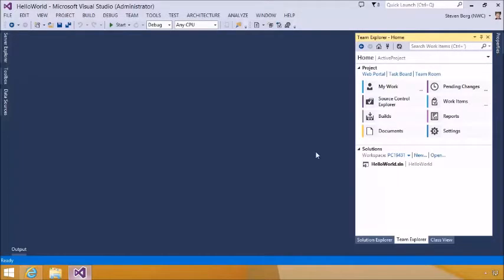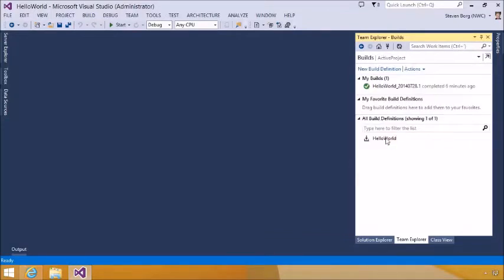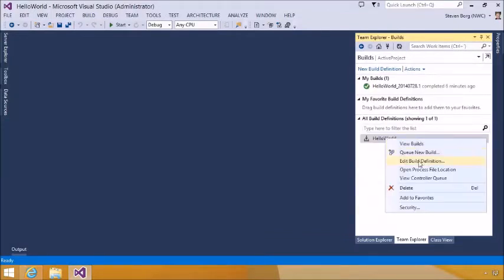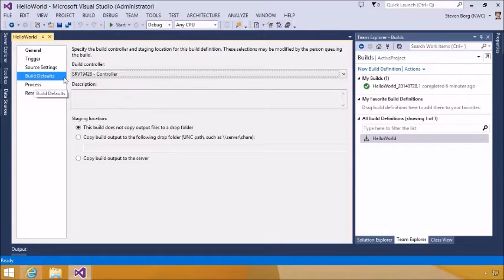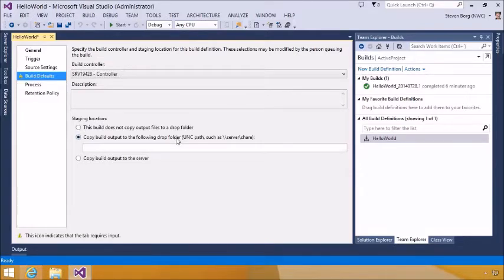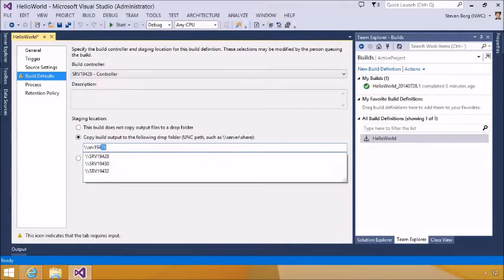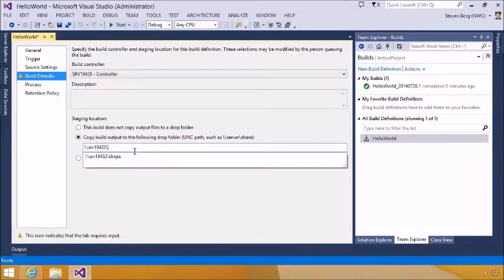Open up Visual Studio, and in the builds area, we're going to right-click our Hello World build and edit that build definition. You know, we can walk through the various places here, but one of these, the Build Defaults tab, says copy the build output to the following drop folder. Now this needs to be a UNC path. So we're going to use a file share that we have on our network that's sitting on a different machine. It's sitting on SRV19432. And it's the drops location, and it automatically pops up here. Let's select it, and this is where we want to copy this output. When the build runs, we want to copy it to that drops location. So let's go ahead and save that,